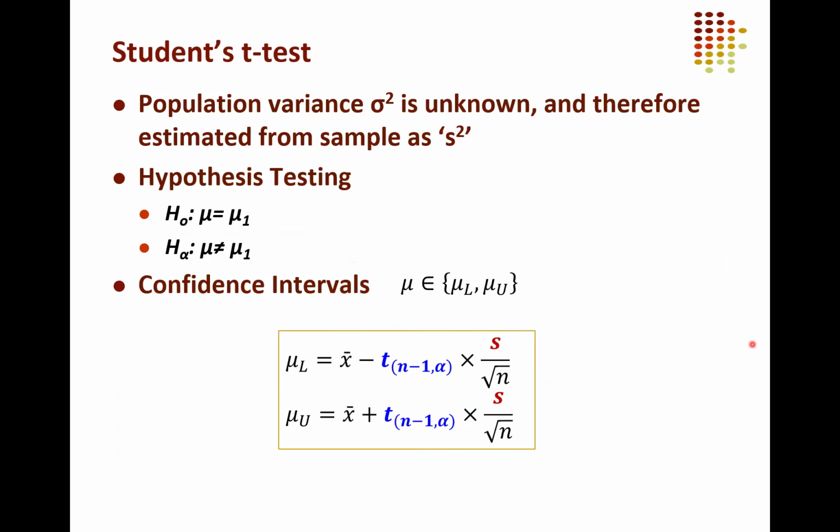So, student t-test. The population variance is unknown, and we are going to use S squared, the sample variance, in place of the population variance. So in hypothesis testing, the hypothesis is about the mean value of the population versus the mean value estimated from the sample. The null hypothesis is that mu1 is as good as mu, and the alternate hypothesis is that mu1 is different from the old mu value,